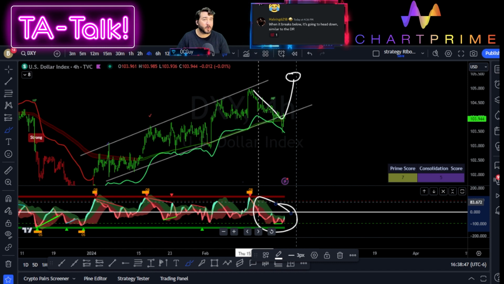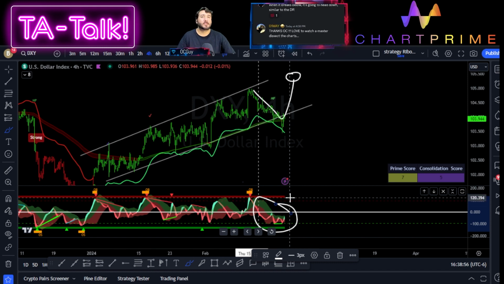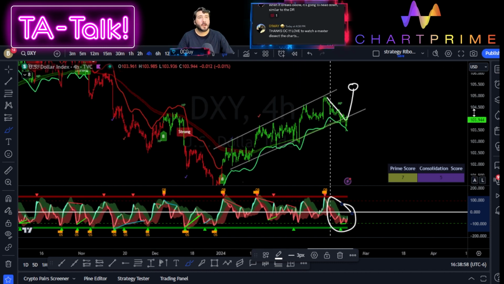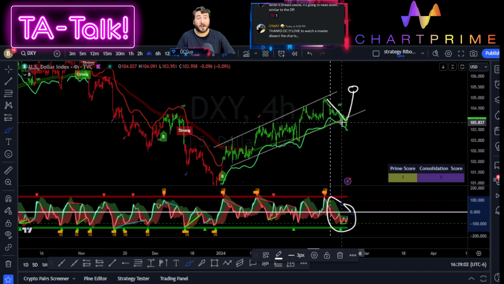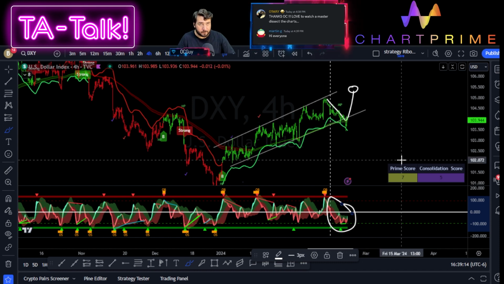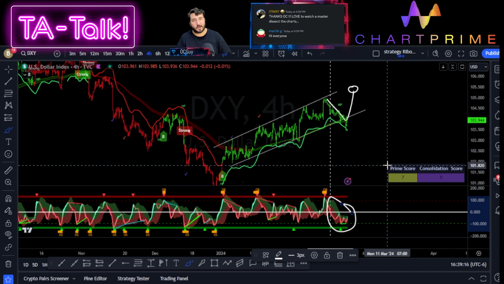When it breaks below, it's going head down, similar to dynamic reactor. Yes, I also believe so. So be careful, and that's why Demo is bearish, because that is my guess. Please, Demo, let me know. Technically speaking, we are bullish, all right? We are bullish, but there are three scenarios in here.